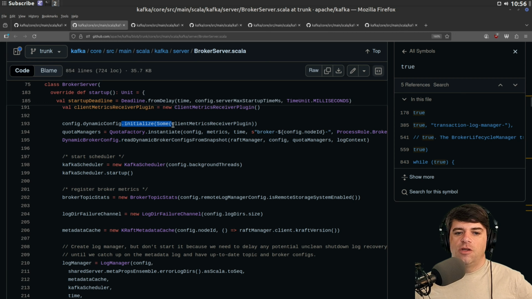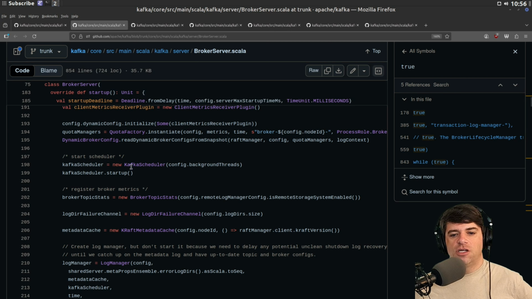We're going to initialize some metrics. We've got some quota factory for managing quota. A dynamic broker config, read dynamic broker config from snapshot with Raft manager. So the snapshots, I guess, are maybe snapshots of the state of Kafka.